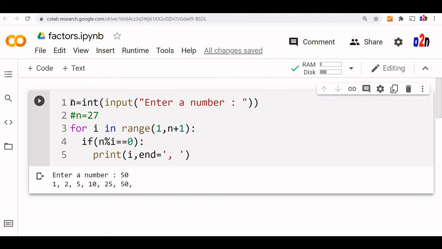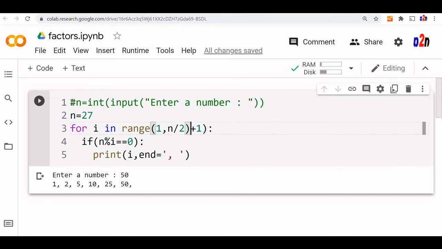We'll slightly change the code now. Okay, we'll take the input. Now you can see that all the factors of a number are always equal to or less than half of the number. Between the half value and the number there is no factor. So you can see if 100 is the input number, there is no factor beyond 50. So to improve the efficiency, we can change this value also. Instead of going all the way up to the number, we'll divide it by 2 and we'll make it n by 2.